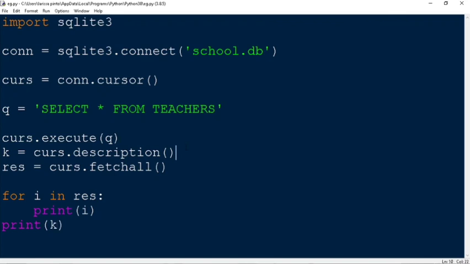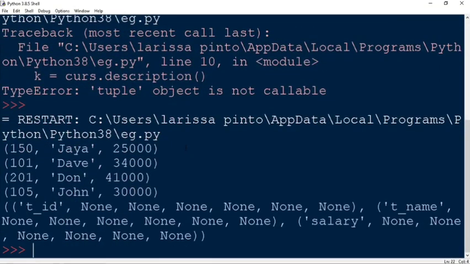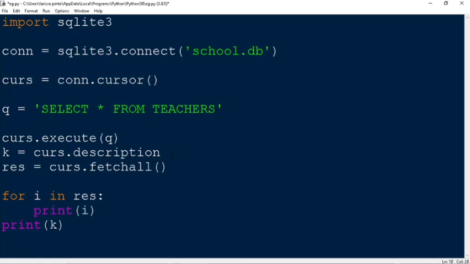So cursor dot description just returns a tuple of whatever columns are there and their information. So you see I have all these columns and their information. Out of that I just want the zeroth position, zeroth index value, that is the column name. So now I will just